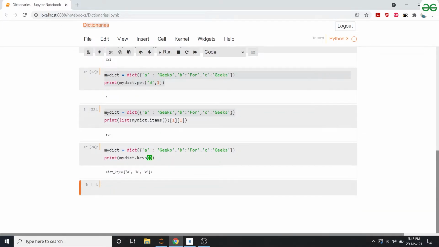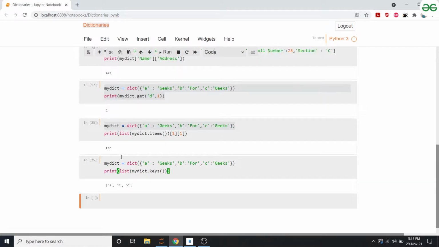What does it do? It returns a list of keys. Very similarly to items, it has its own object data type. So if you want to access any keys, you would have to convert it into a list first. So you convert it into a list and then you get a list of keys. Okay, not much explanation required here.